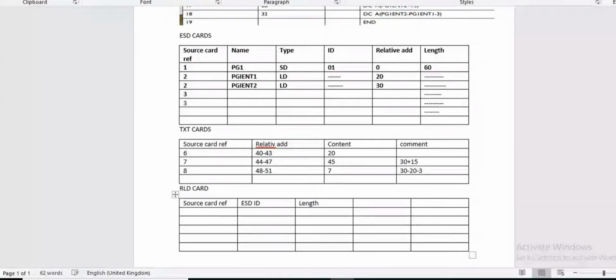Now, the RLD card contains the relocation information. So we have to fetch or calculate from this DC.